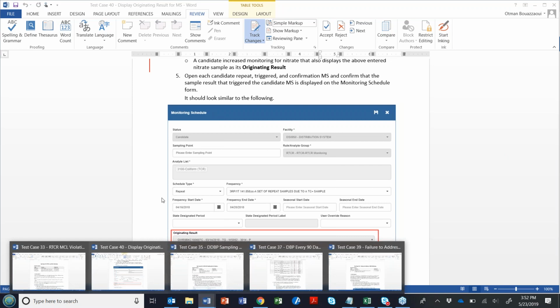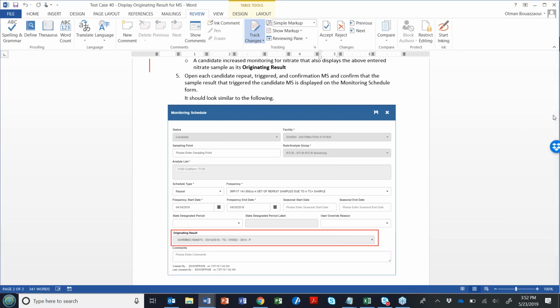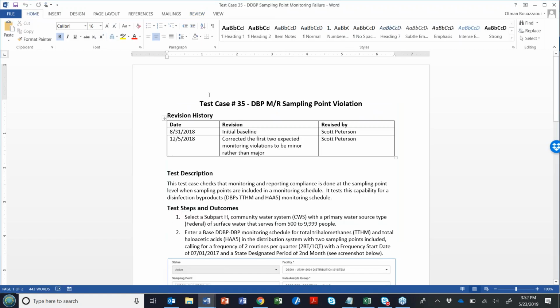Before I move on to test case 35, any questions on this one? All right, let's keep going then.